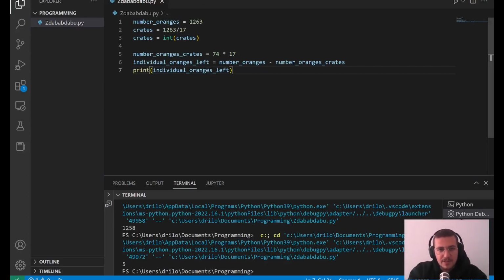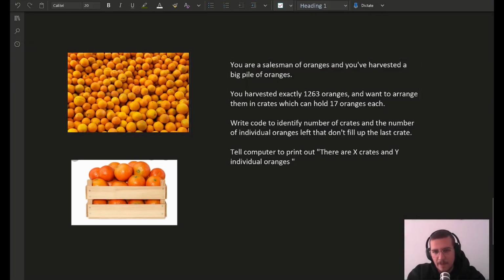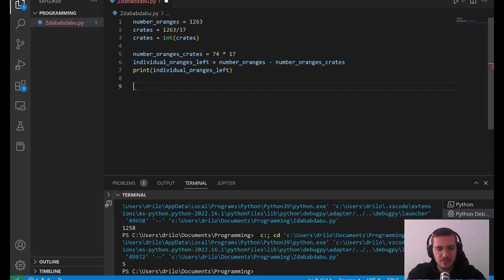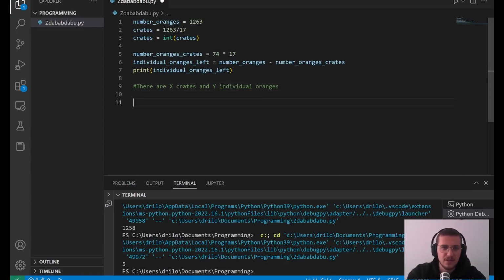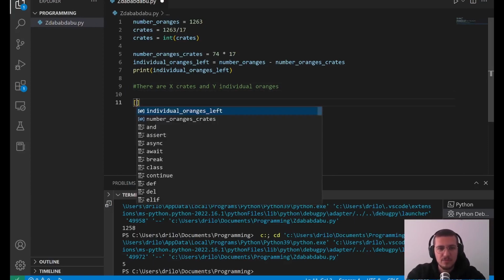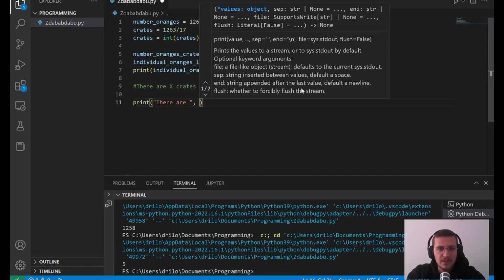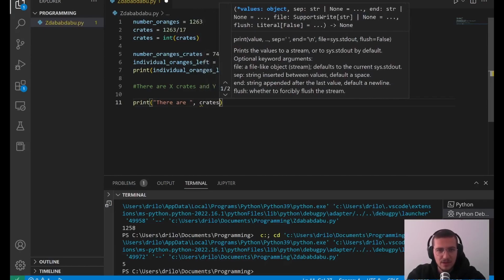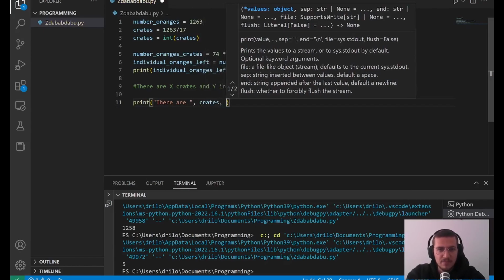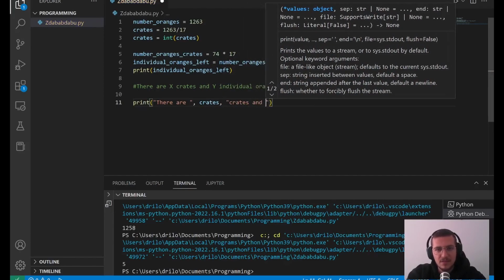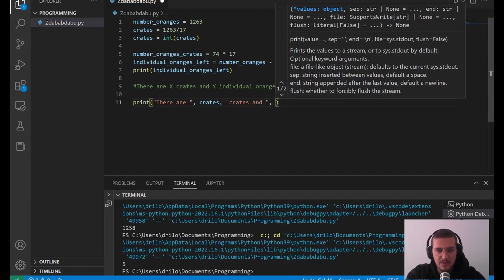So if we want to print it out now, the line that was given to us as a problem to solve, we have this one here. We can write it in here, so we put a hashtag because this is a comment, and we try to do print. What do we want to print? We want to print there are, then the number of crates is crates, okay? Crates, and okay, then I'll explain in the end. And